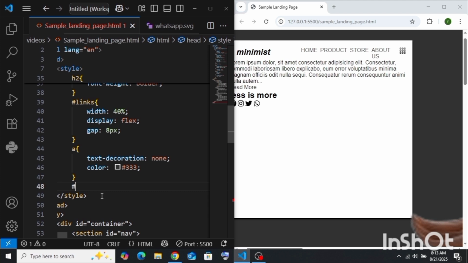Then I'm going to go ahead and style the main section. So I want everything inside the main section to be